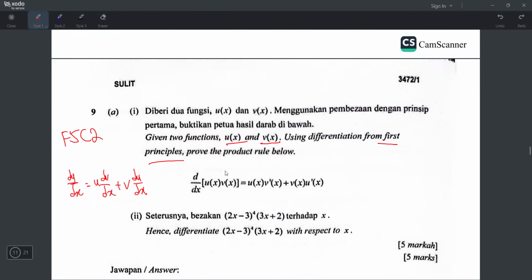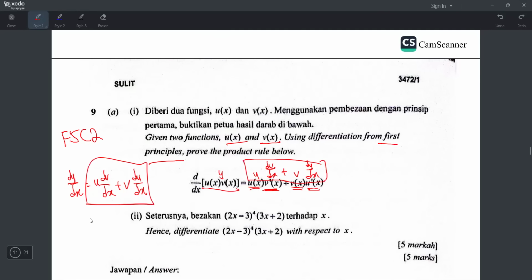Come, I show you. This one is the y, because dy/dx, right? So your y is actually u(x) times v(x). This u(x) means u. And then v prime is the derivative of v, dv/dx. The plus is the plus. And then the v(x) is the v, and then u prime is du/dx. When you combine everything,